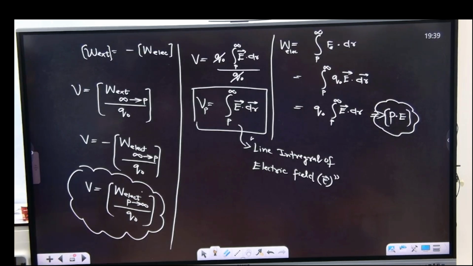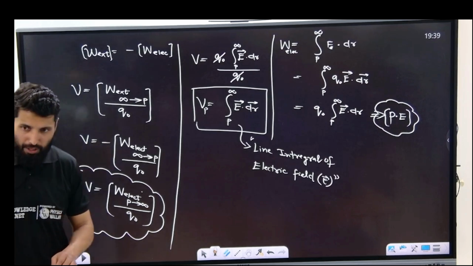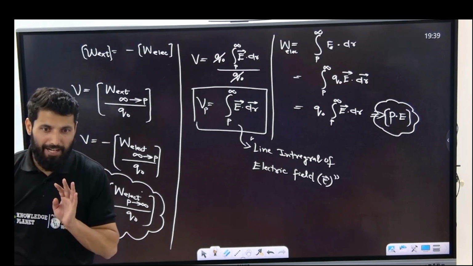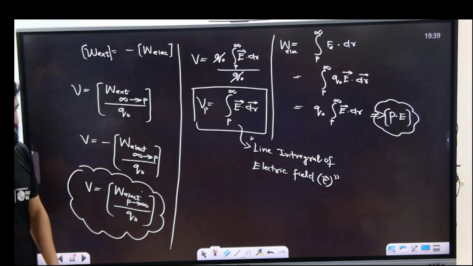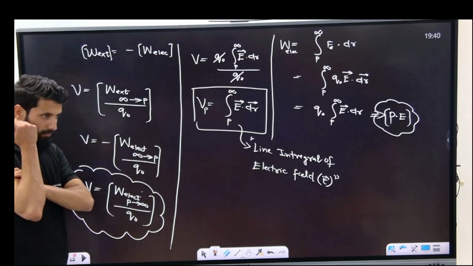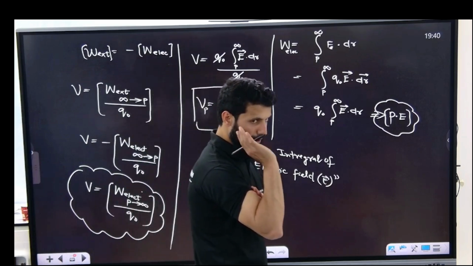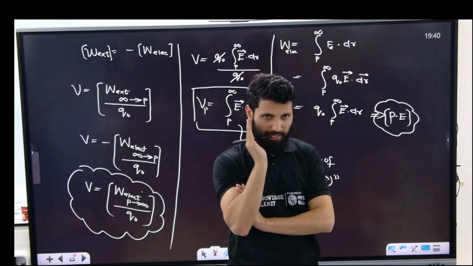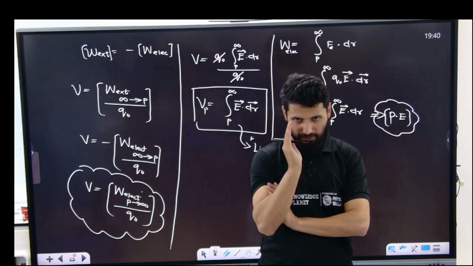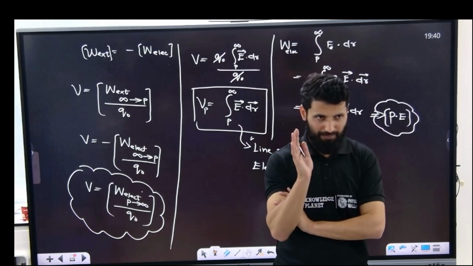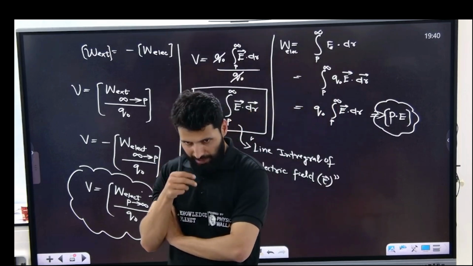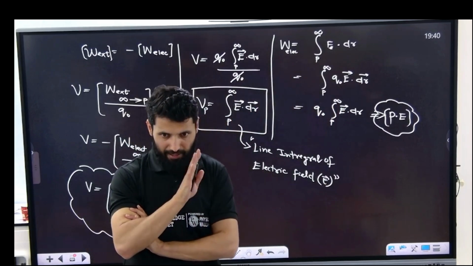We just defined potential. Now we'll define potential due to a point charge. Heading: potential due to a point charge. Now we know potential is work done, again I'm repeating because I need this, work done by electric force to bring the charge from P to infinity, from some point to infinity. Now we'll put lower limit as P, upper limit as infinity.